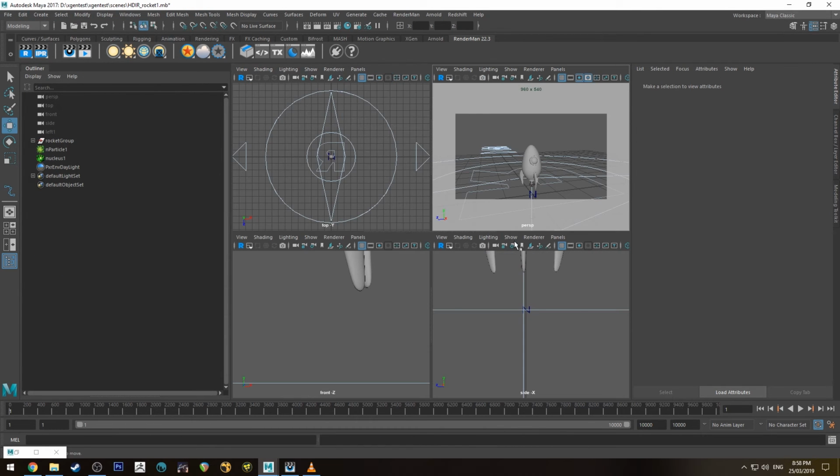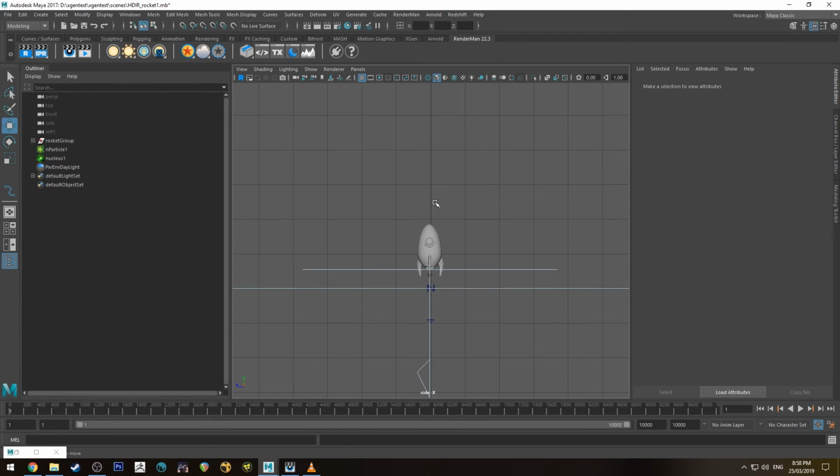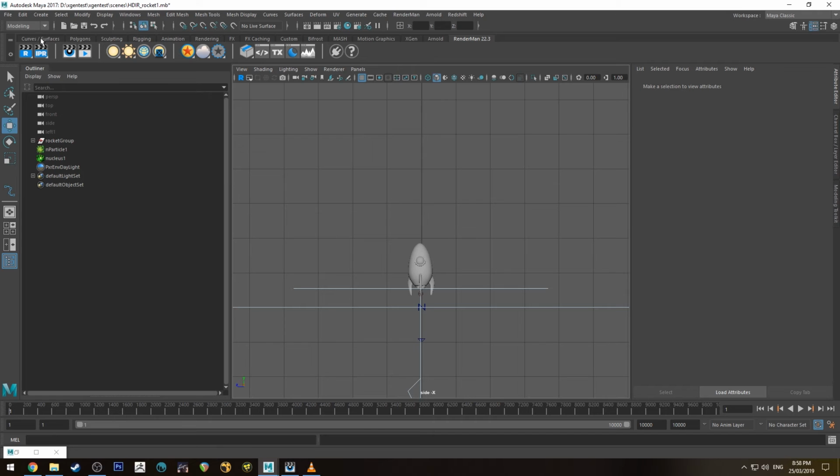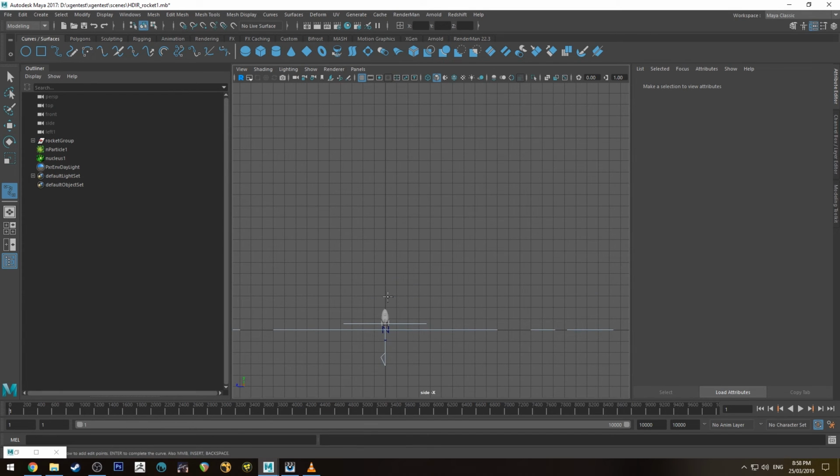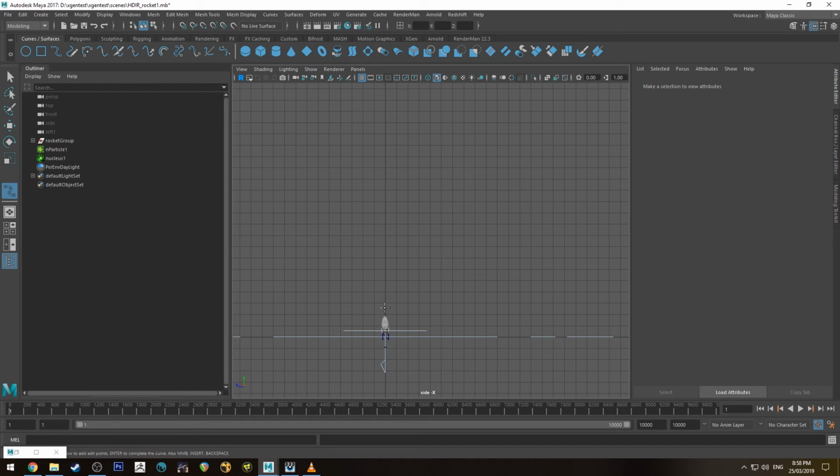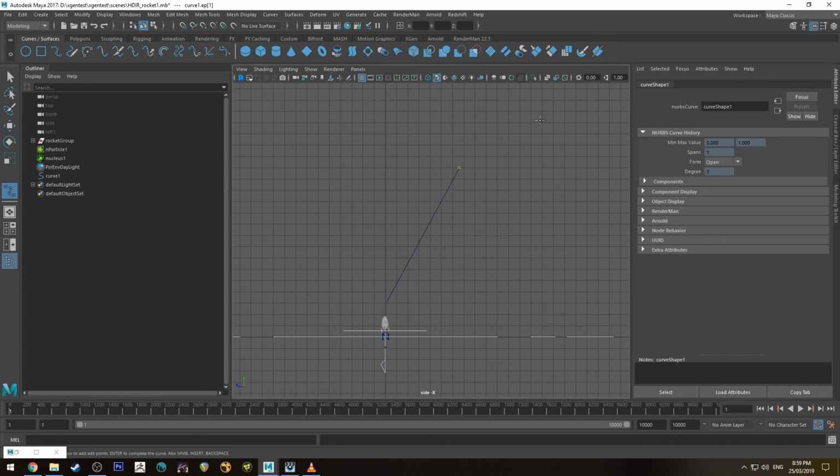So now what we're going to do is jump into the side view, go to curves and surfaces, and create a new curve. And this is just our rocket. You can do whatever path you want. I'm just going to do a gravity turn, which is